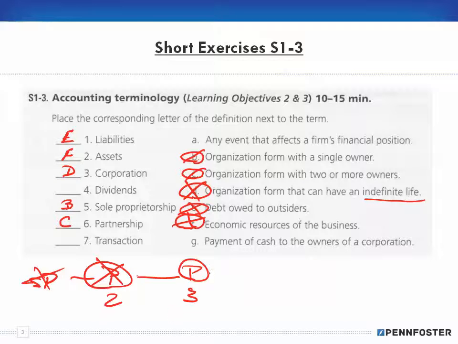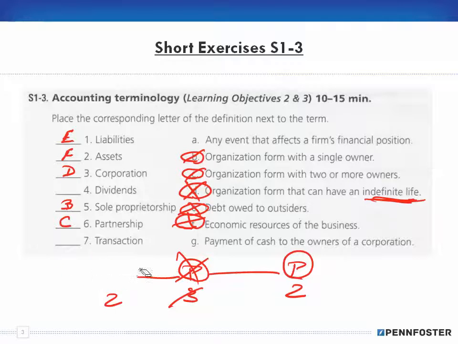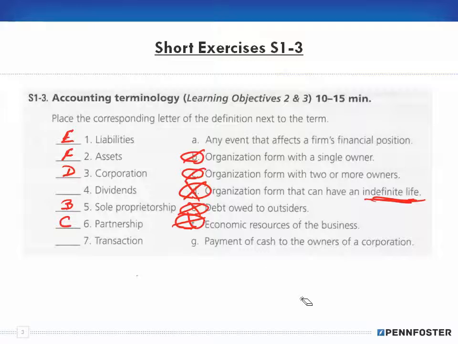Now, let's say you're going along and one of those partners wants out or dies or something like that. Well, then a new partnership has to be created, and this other one has to be dissolved, and a new set of paperwork has to be set up. So the partnership doesn't have an indefinite life, whereas a corporation has an indefinite life.